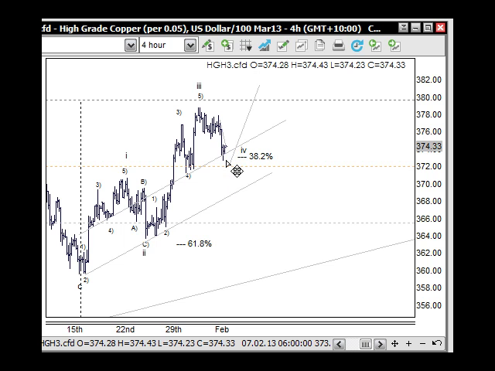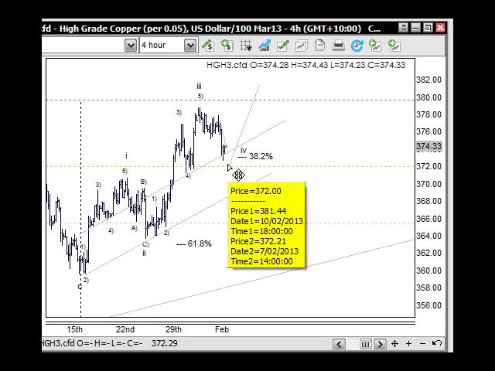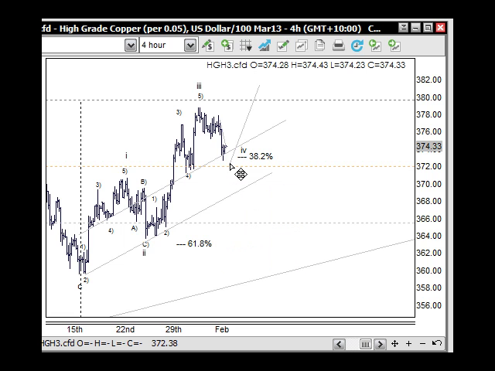So it could still be testing for new demand here. We'll just give it a bit of time. But the point is that it's getting into a position where we should see a move to the upside. Commodities stocks tend to extend in wave 3, but commodities can extend in wave 5. But it does appear that the extension is in wave 3, so we can pretty much just assume